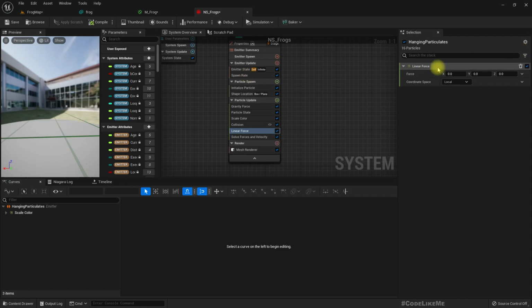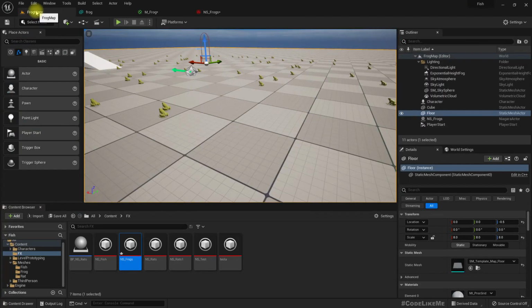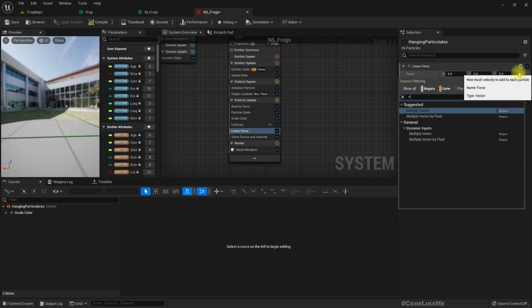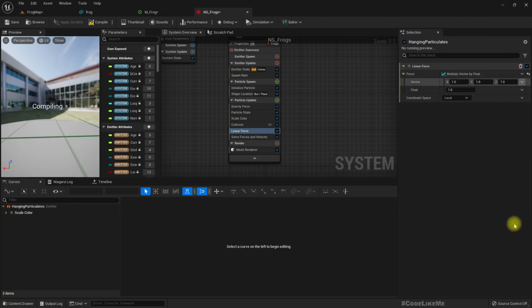And so this is the force. We don't need all the frogs to jump in the same direction, so we need to have some variation here. And also, in order to make them jump, it's not like adding a constant force for them to move as we did for the rats. So let me convert this to a multiply vector by float, and then in order to change its direction,